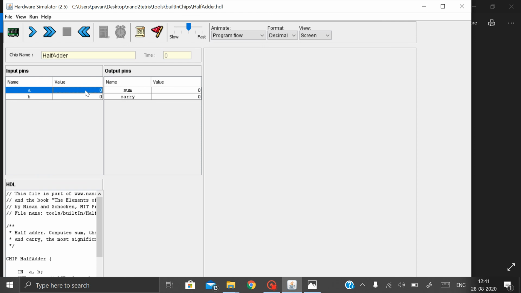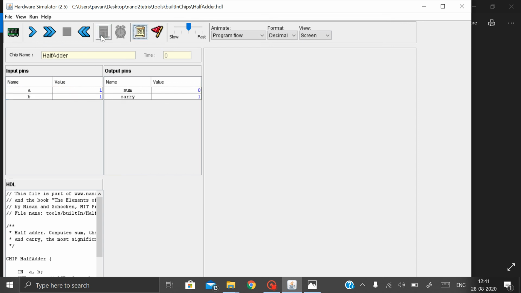Let us take A as 0, B as 1. We will evaluate. You know 0 plus 1 in binary addition is sum 1 and carry 0, right? Same thing here, we get sum as 1, carry as 0 when we add 0 and 1. If we add 1 and 1, then it must be sum 0, carry 1.